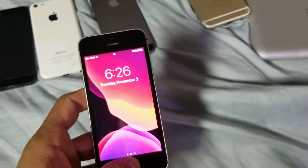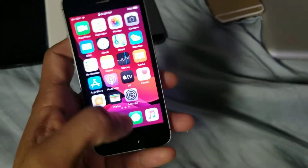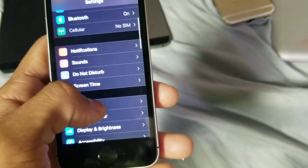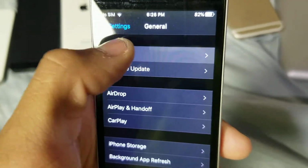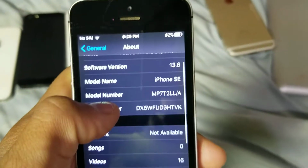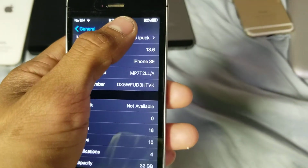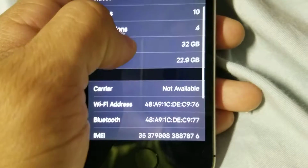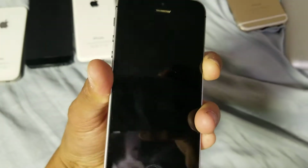And then to the iPhone SE, aka the iPhone Stupid Edition. It's a 32 gigabyte iPhone SE. My iPuck. There's my iPuck. This is my iPhone SE, and it's a good phone, but there's a problem with the board,